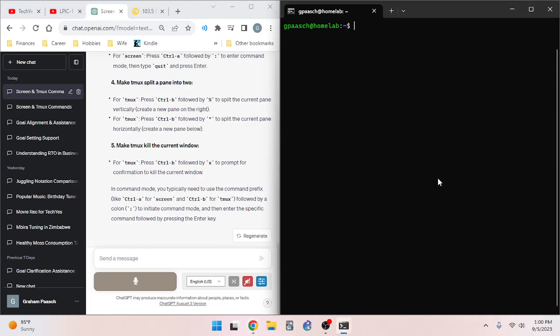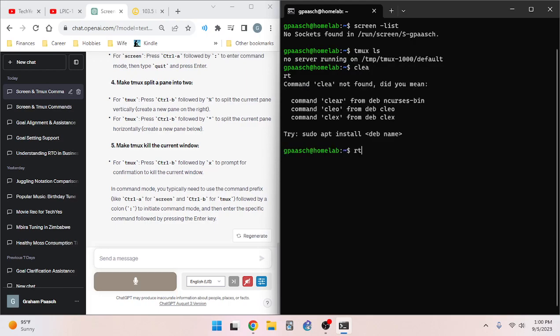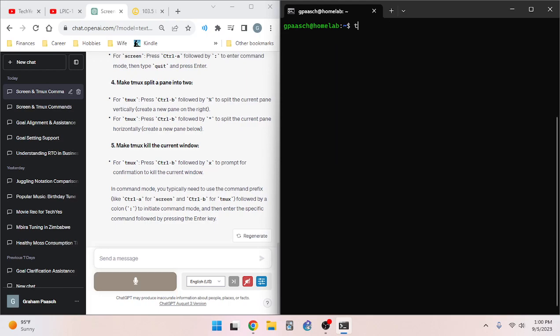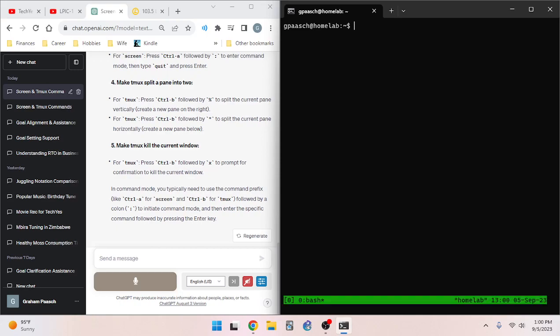First of all, I don't think I'm in a tmux session. Let's do a screen dash list, make sure I'm out of that, and then we'll do tmux ls. All right, so let's do a tmux session. And then we'll do